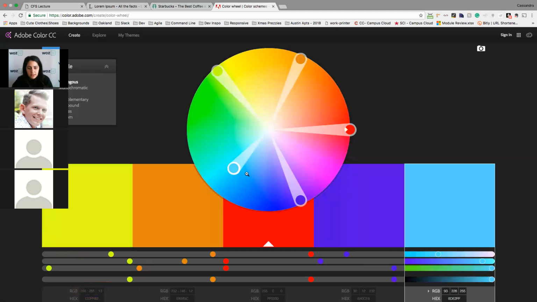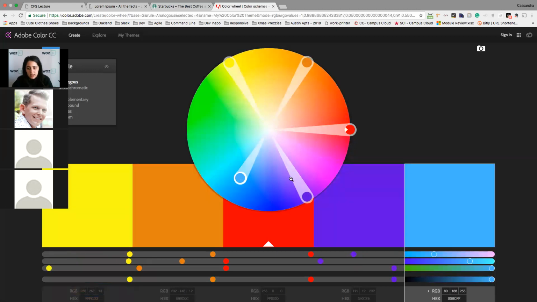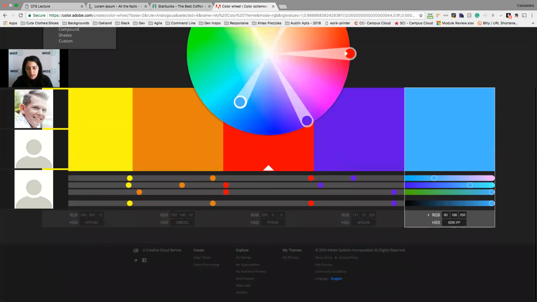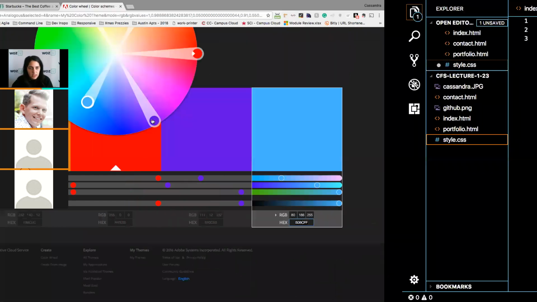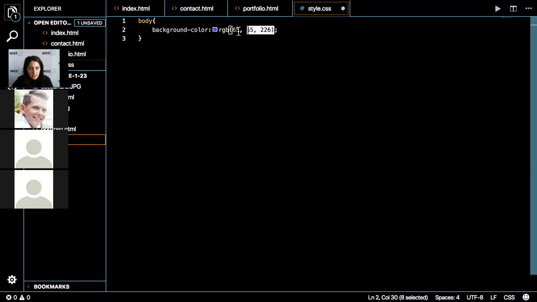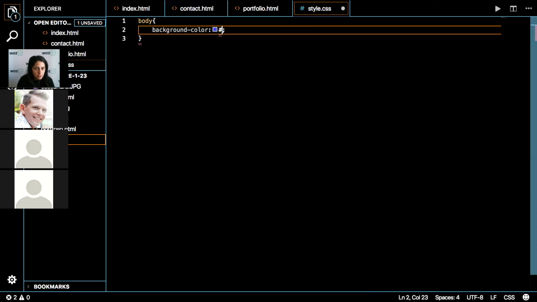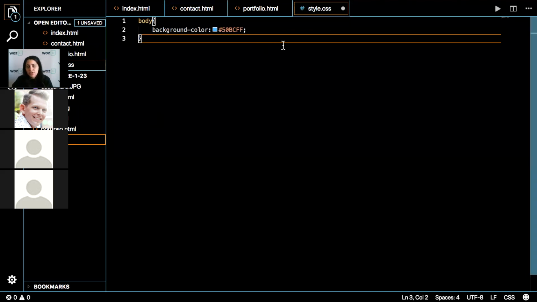And let's say I like this blue here. Then I can just grab the hex number here, which is just a series of numbers and letters. And then instead of RGB, I'll choose the pound, the hex color. So you can do it in a number of ways. If you use the words, you are limited to the actual shade. So if you're very specific, I would go ahead and use either RGB or the hex color.